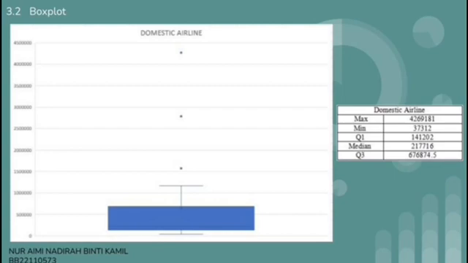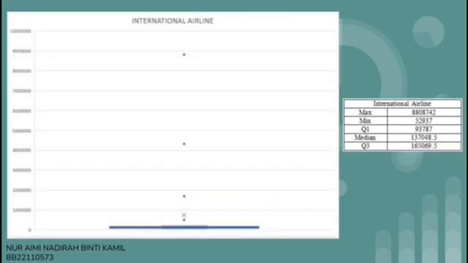maximum value as 4,269,181, minimum value as 37,312, first quartile as 141,202, median as 217,716, and third quartile as 676,874.5. The next box plot is drawn using the international airline data, which shows the